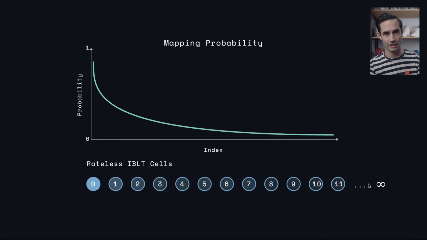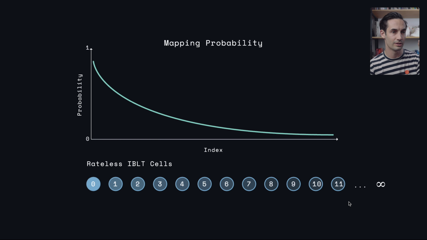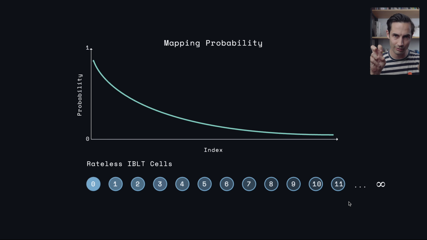And this is kind of how that looks in practice. There's a mapping probability, and a lot of the work of this paper is finding the sweet spot in this. So again, the whole thing we're trying to optimize here for is decodability. And so for a given set, if the probability falls off too slowly, what you're going to end up with is almost too thick of a filter, right? Remember, we're hunting for that pure cell, a cell that has only one element in it to initiate the peeling